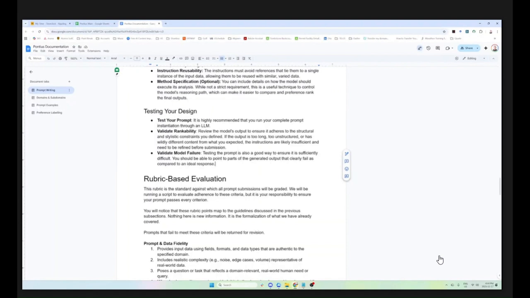Is it suitable for preference ranking, or is it 5 pages of numbers that would be impossible to evaluate unless you had a day to actually go through and do the analysis? The other reason, and I don't believe I mentioned this before, is the complexity of these prompts should be such that we would expect a model to fail. We're not requiring that, but it should be painfully obvious that this is a complex task that the model will